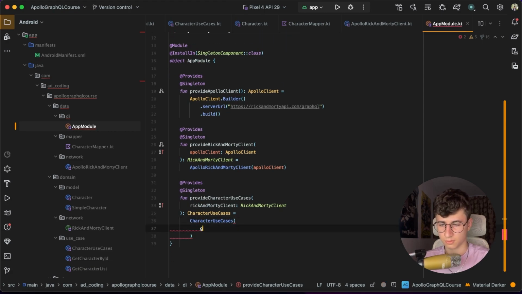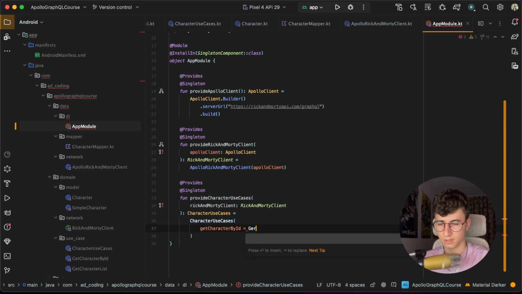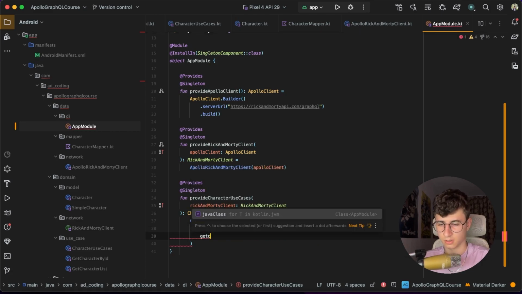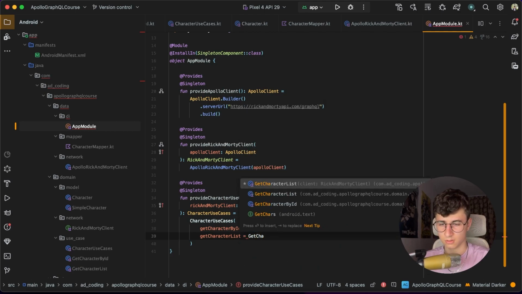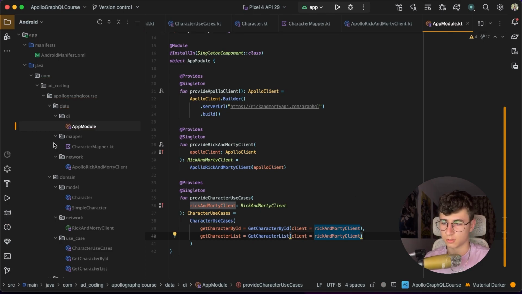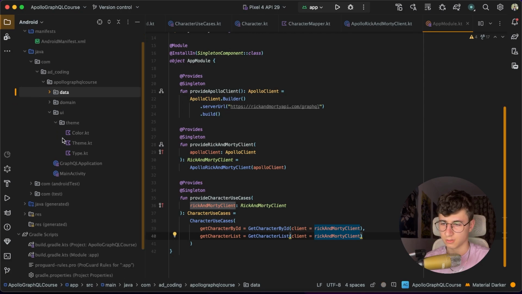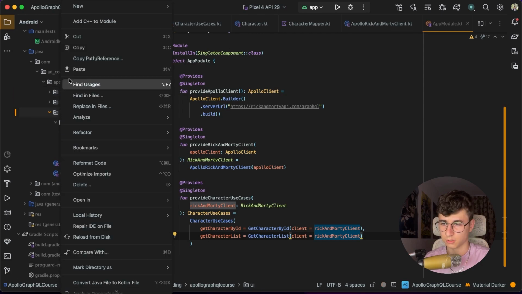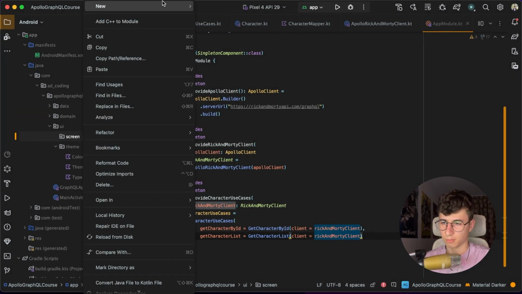So get character by ID is get character by ID and pass the client, the Rick and Morty client, and get character list use case, get character list, pass the client. Now let's collapse the data package and the domain, and let's create another package in the UI called screen, and let's start by implementing the